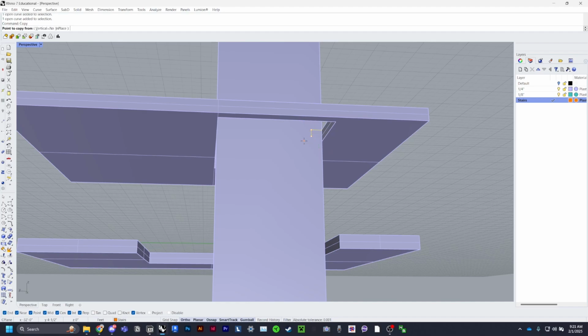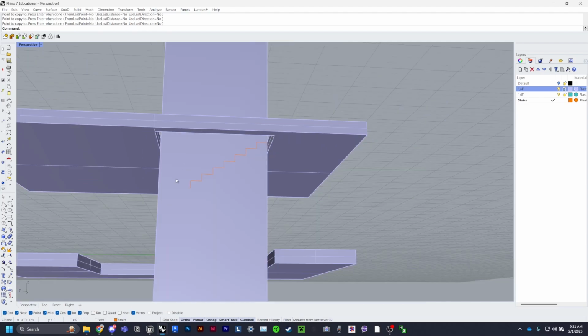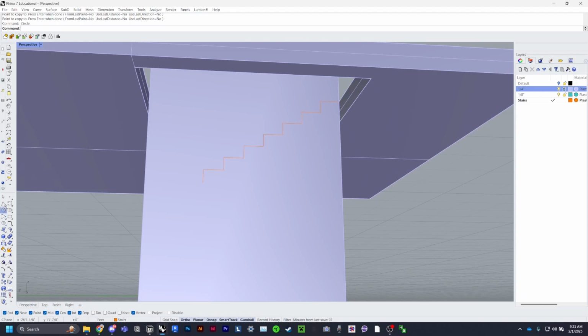and copy. What you can do, I forgot to mention this, but go ahead and lock your 1/4 layer, that way you can't select the objects behind these. So that's 4, 5, 6, 7, and then a landing. So I'm just going to draw that with a simple line,